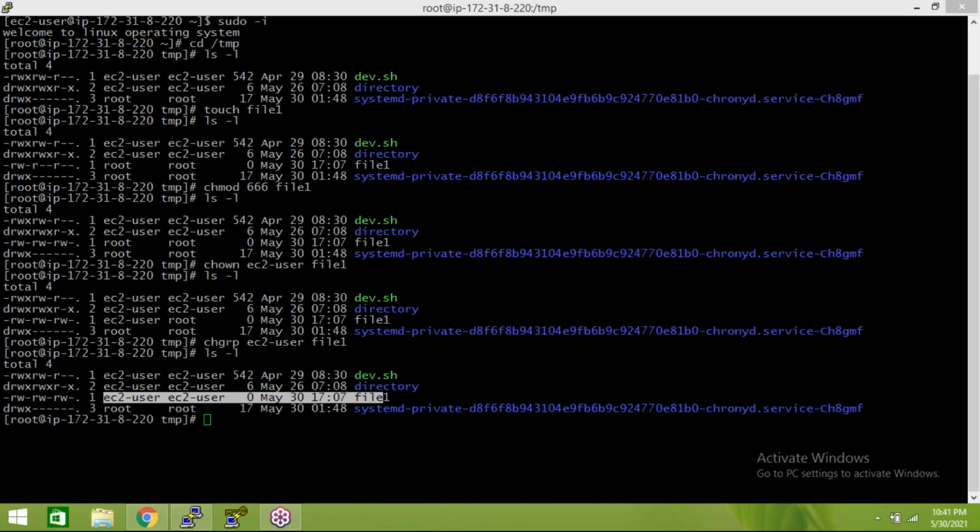Actually, we are given numbers for read, write, and execute as 4, 2, 1. So can we change those numbers? No. Default are those numbers only. Read is 4, write is 2, execute is number 1. No, you cannot change. Those are the default numbers. Linux will take those numbers only. Okay? Yes, sir. So, any other questions?